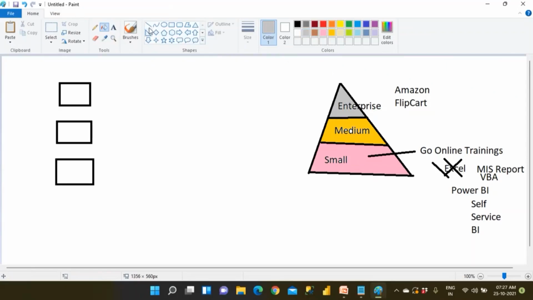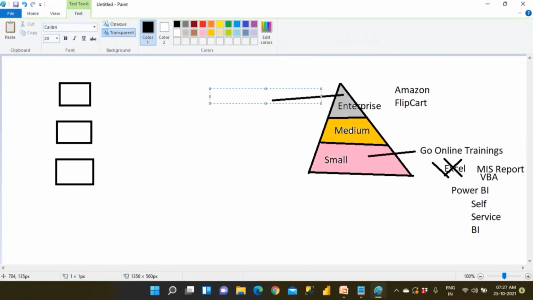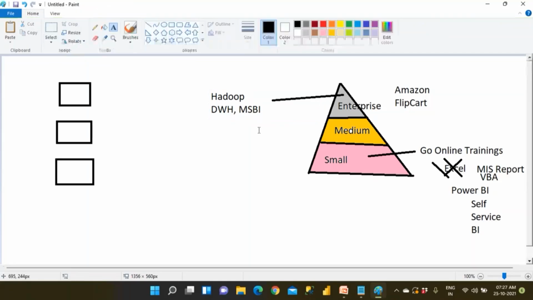When you have bigger companies, they can go in for storing data in Hadoop. They store the data not in Excel sheets but in Hadoop, or they can go in for a traditional BI like MSBI, right? So Hadoop or data warehousing, they'll go for any BI system. These are the traditional BI systems they're going to be implementing. Directly, they store data either in Hadoop or in a BI system.